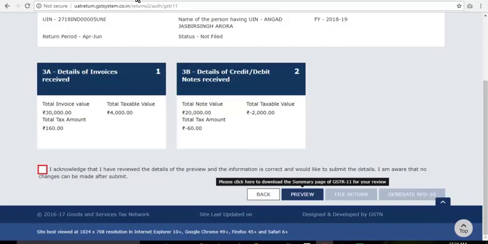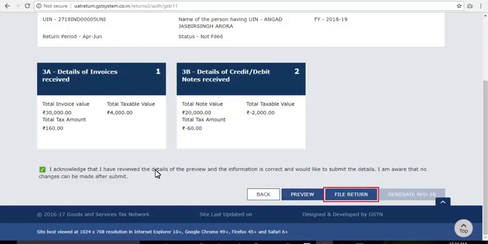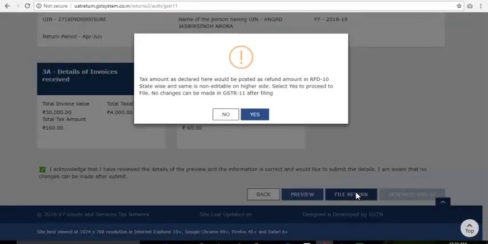Select the Declaration checkbox and click File Return. A pop-up is displayed again reminding you that the refund amount reflecting here will be posted in RFD 10 and no changes can be done to the return after filing. Click Yes to file the return.